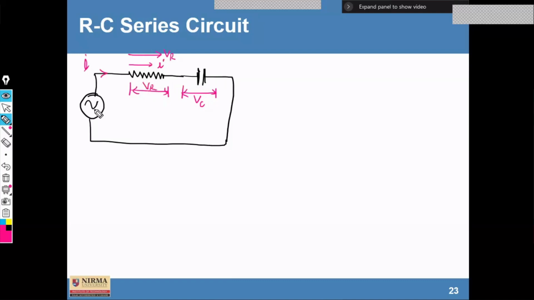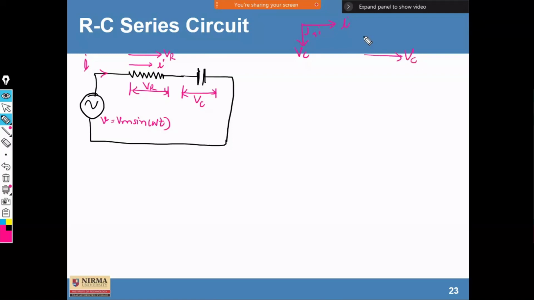And the equation of applied voltage V is equal to Vm sine omega t because it is an alternating voltage. Similarly, we also derived the vectors when a purely capacitive circuit is there. In that case, we know that the current was leading by 90 degrees and the voltage was lagging by 90 degrees. So you can represent current I and VC like this, separated by 90 degrees. In some different books, it may be written with VC here and I here.